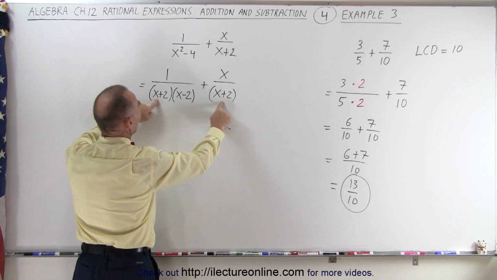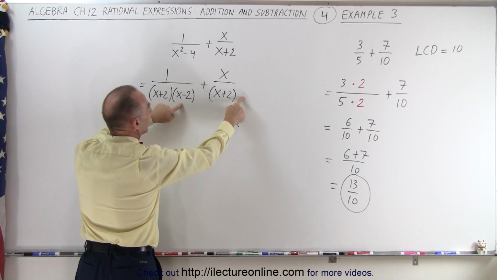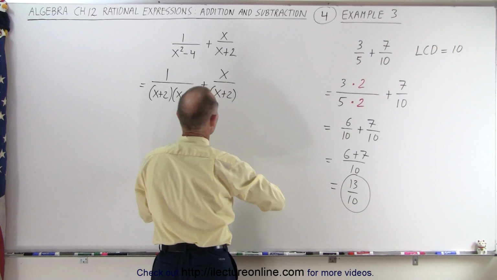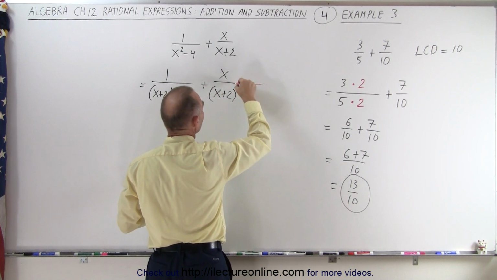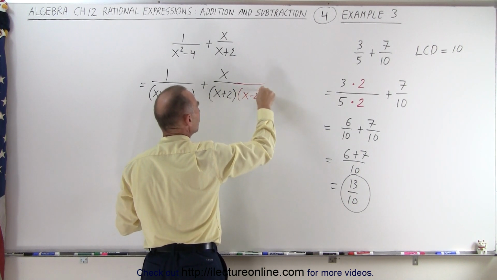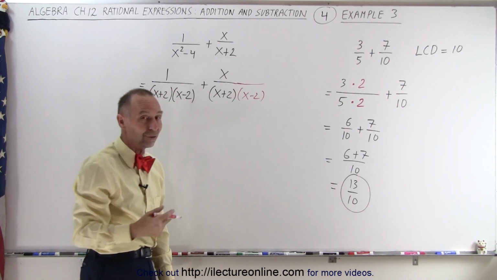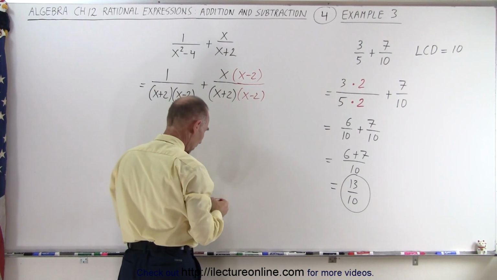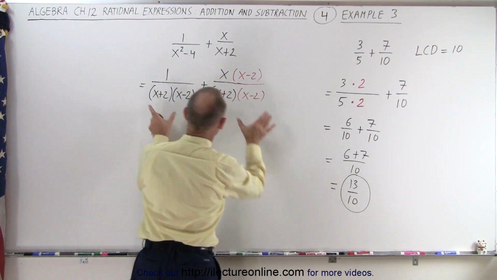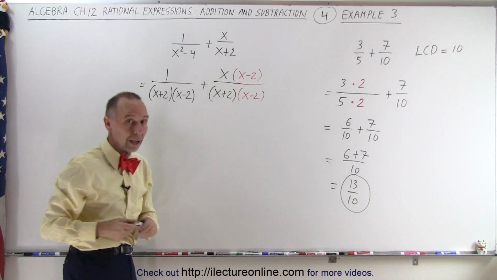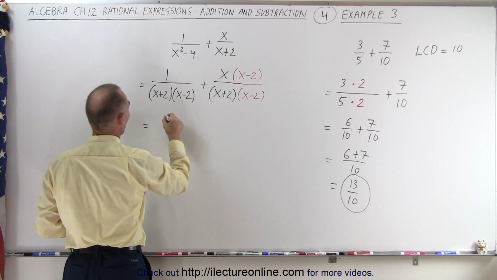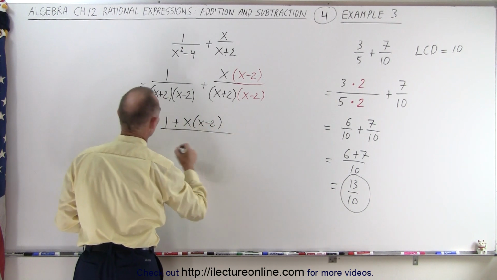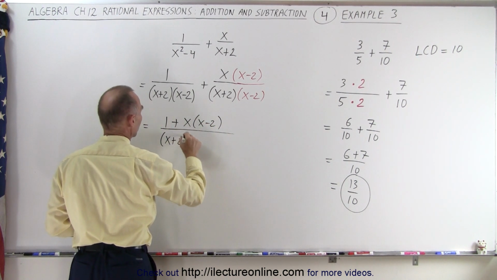Notice x plus 2 is the same, but on the right side we don't have an x minus 2, which means to make them common, we're going to have to multiply the denominator on the right side by x minus 2, which means if we multiply the denominator by x minus 2, of course, we must multiply the numerator by x minus 2. And now we have the same common denominator, so we can write everything over the same common denominator. So this is equal to 1 plus x times x minus 2 over the quantity x plus 2 times